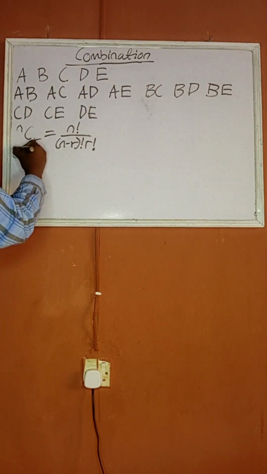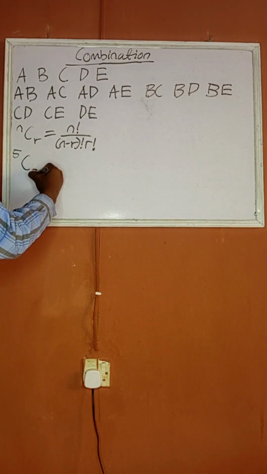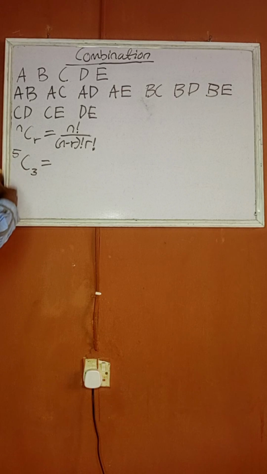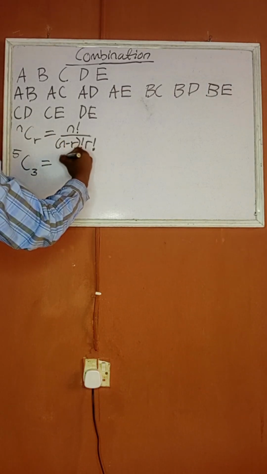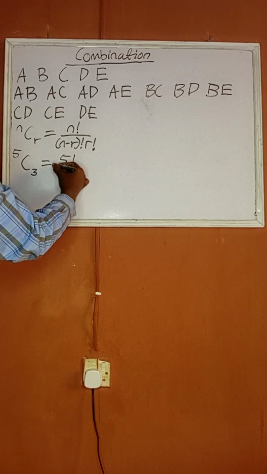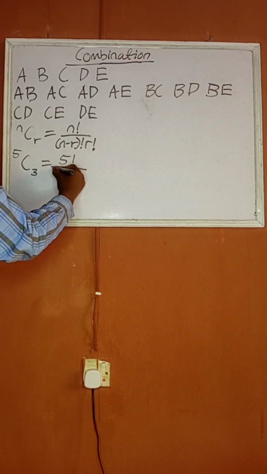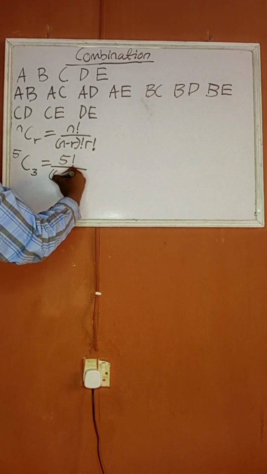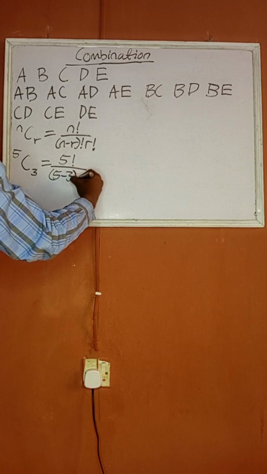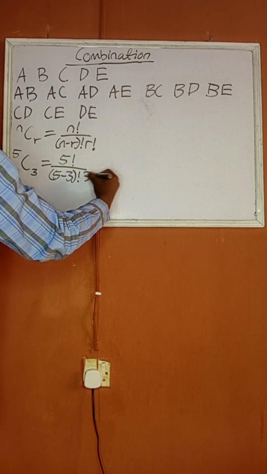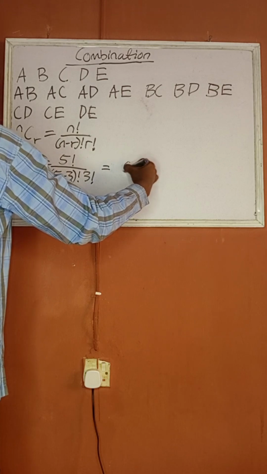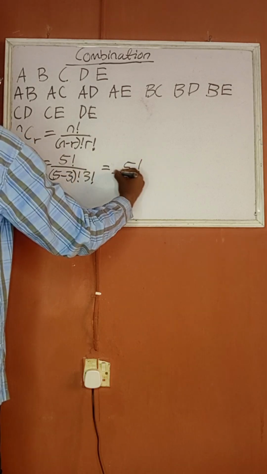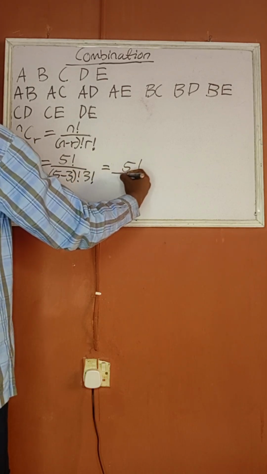That's going to be 5 combination 3. 5 combination 3, as you see from this, is going to be factorial 5 all over factorial 5 minus 3, factorial 3. So that's going to be equal to factorial 5 all over factorial 2,